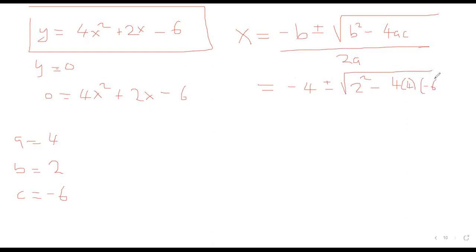Sir, there on the first one, like as in negative 4, shouldn't be negative 2? B is 2, right? So it's negative 2. Correct. Over 2 times 4. Can you come and put back the thing on the head? All right, so what do we have here? Negative 2, negative 2 plus or minus 4